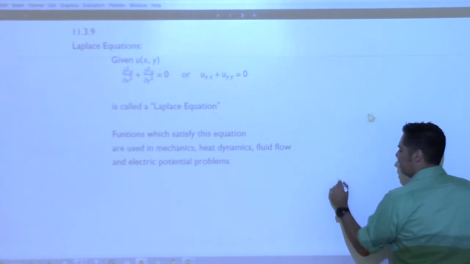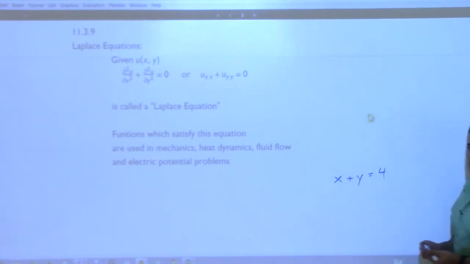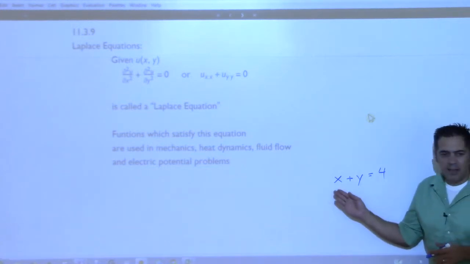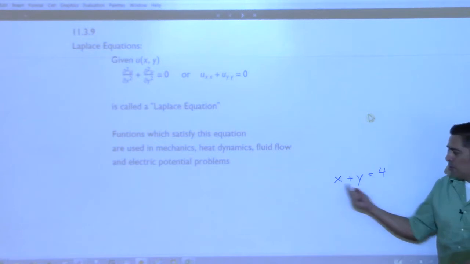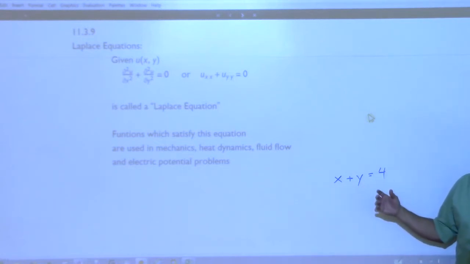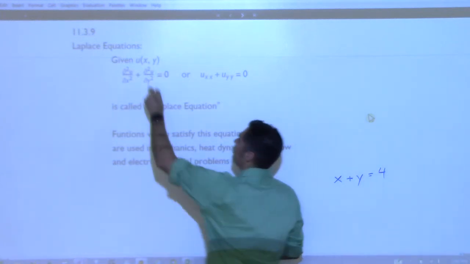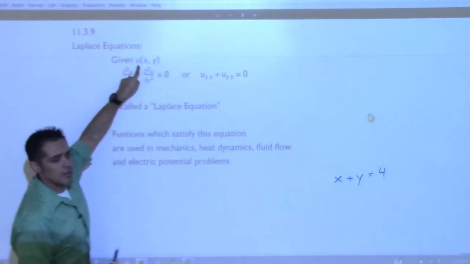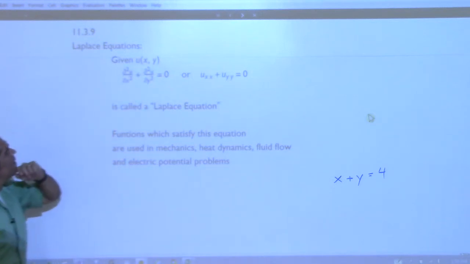It's just like if I write x plus y equals 4, that's an equation, right? There's a certain value of x and a certain value of y that I could plug in and I could get 4, right? I get 2 and 2 would work, 3 and 1 would work, right? But it's an equation. A Laplace equation says that, look, if somebody gives you a surface, look at this as a surface, a function of 2 variables, then